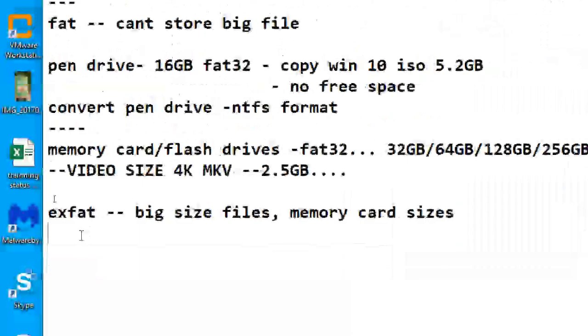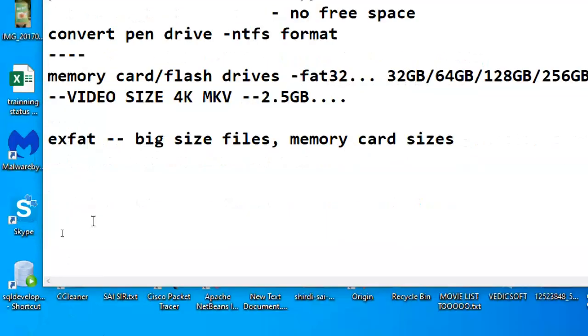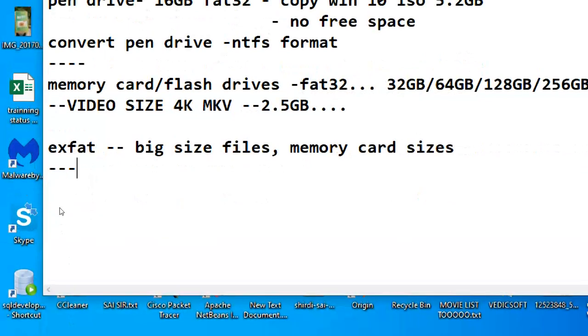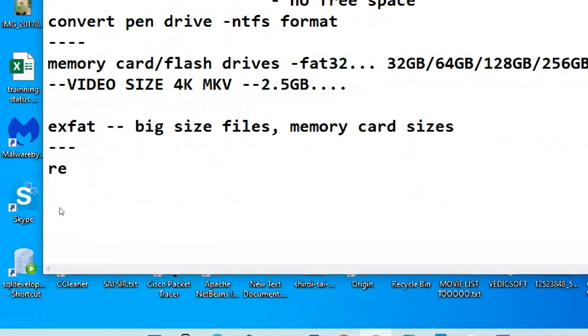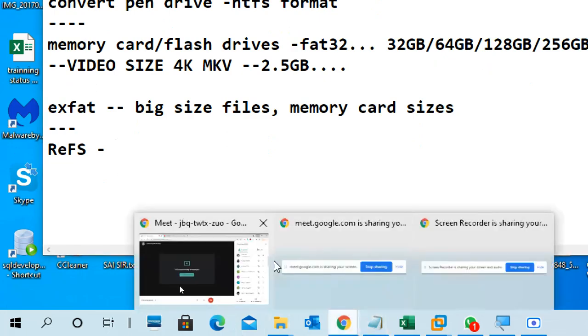Okay. So one more file system is there, that is called ReFS. ReFS is the resilient file system. Resilient file system.